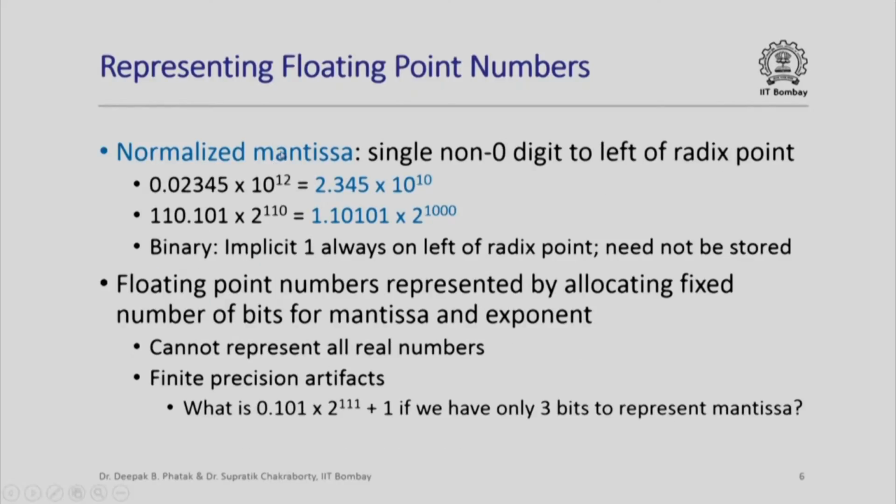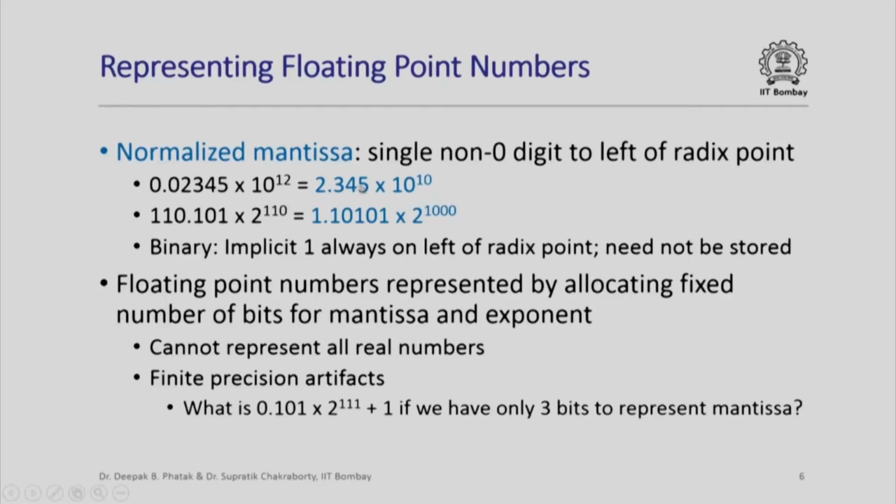Now when we write mantissa, the same number can be represented in 2 different forms. For example, in decimal 0.02345 times 10 raised to 12 is the same as 2.345 times 10 raised to 10. So which of these should I take as my mantissa,